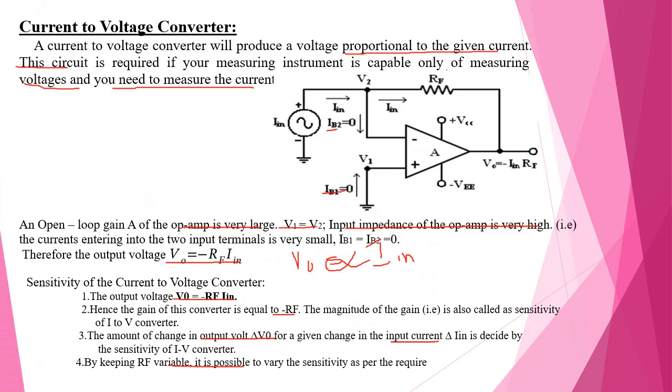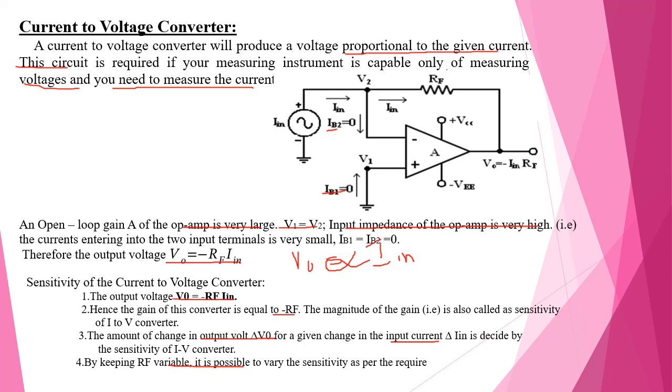After the completion of voltage to current, now we move to the current to voltage converter. The current to voltage converter will produce a voltage proportional to the given current. This circuit is useful if the measuring instrument is capable of only measuring voltage and we need to measure current. Here, in place of the input voltage, we connect the current source to the